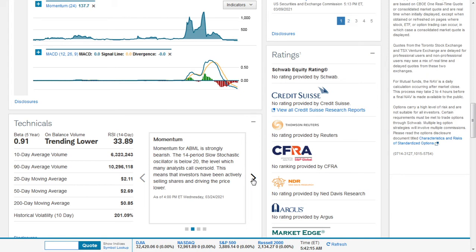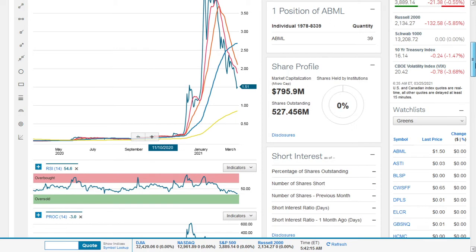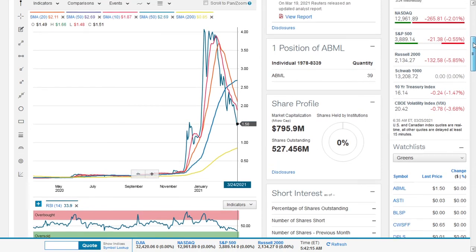The 14-period slow stochastic oscillator is below 20, the level which many analysts call oversold. This means that investors have been actively selling shares and driving the price lower. The unbalanced volume indicator shows that longer term accumulation is giving way to near term selling pressure by traders. So yes, all in all, it's bearish based on the daily chart. So we can evidently see that it's trading at a discount to all of its short and intermediate trend lines. So we will easily call American Battery Metals a buy at the moment based on what is going on technically,